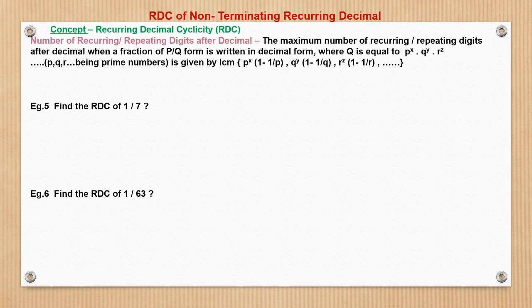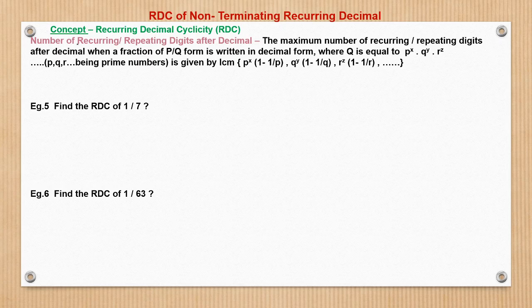This actually has a useful similarity with the remainders also. In remainders also we make use of this cyclicity concept, the cyclicity of remainders of numbers which are raised to certain other powers. So that we will see in the discussion on remainders. But there also we make similar use of the same concepts, right?